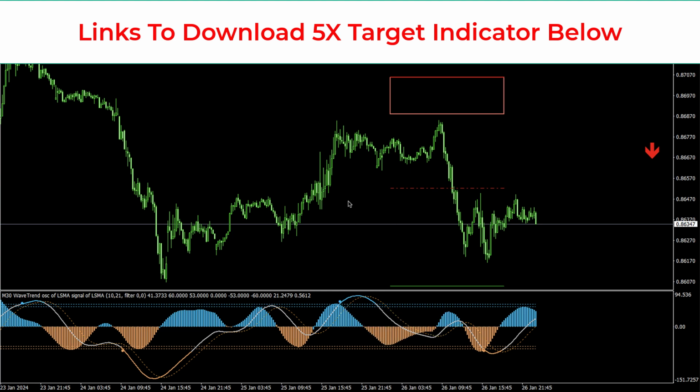Now, for this one, we have a bearish bias going into today's session because the last signal was a sell. Okay, this was a sell. It was an overbought signal on this wave trend oscillator, and as you can see, it went down. Maybe it didn't hit exactly the entry of this box, but if you look, for example, on Euro US dollar,